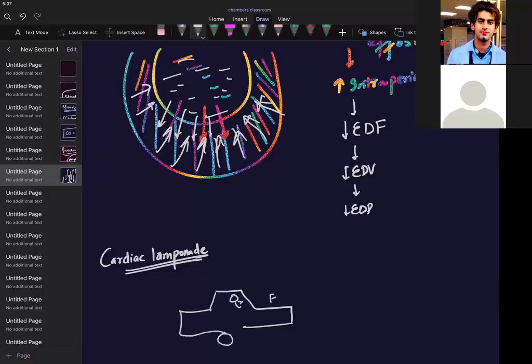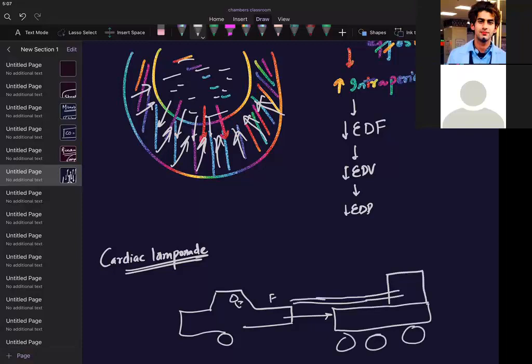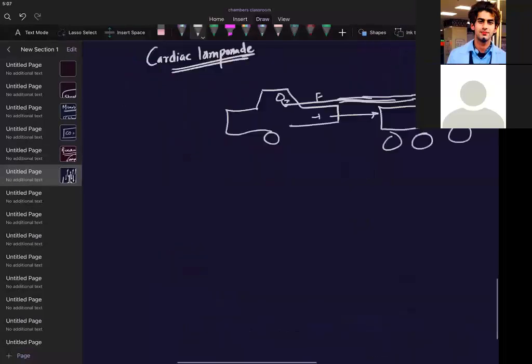He is driving the car, and a truck is loaded with rods. This truck is moving, and it has these rods. What happens suddenly? The person's brake fails, and the truck suddenly stops. This rod directly pierces the chest, directly into the heart. Or somebody was stabbed with a knife into the heart. This is a cardiac tamponade.